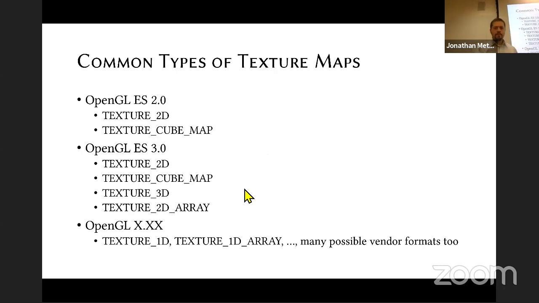Okay. So common types of texture maps. If you're targeting OpenGL ES 2.0 devices, then you typically can use Texture 2D and Texture Cube Map. That's what's on the table. If you're using OpenGL ES 3.0, then you can add the Texture 3D and the Texture 2D array to that. What makes that useful is that if you have some volumetric data, then you can actually visualize it on the graphics card, in your web browser. That's kind of nice. But if you're targeting older hardware, then you're basically just limited to just basic